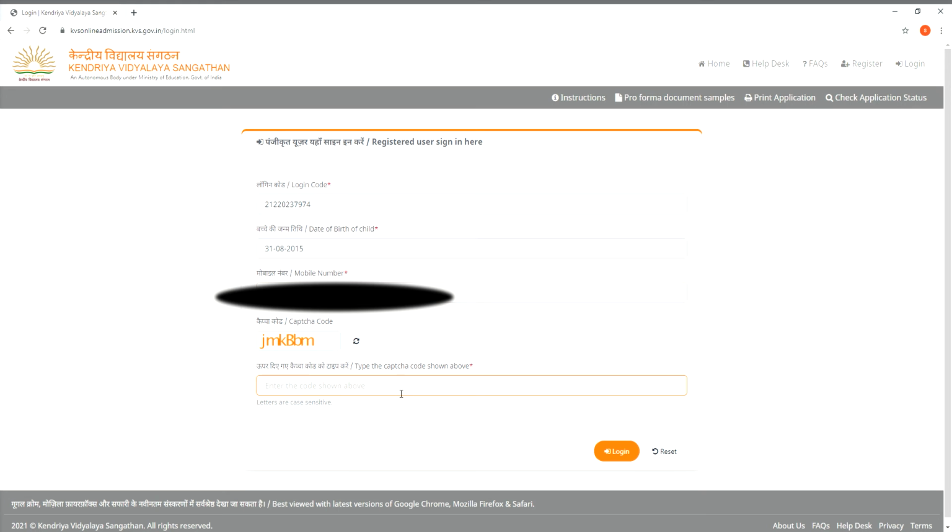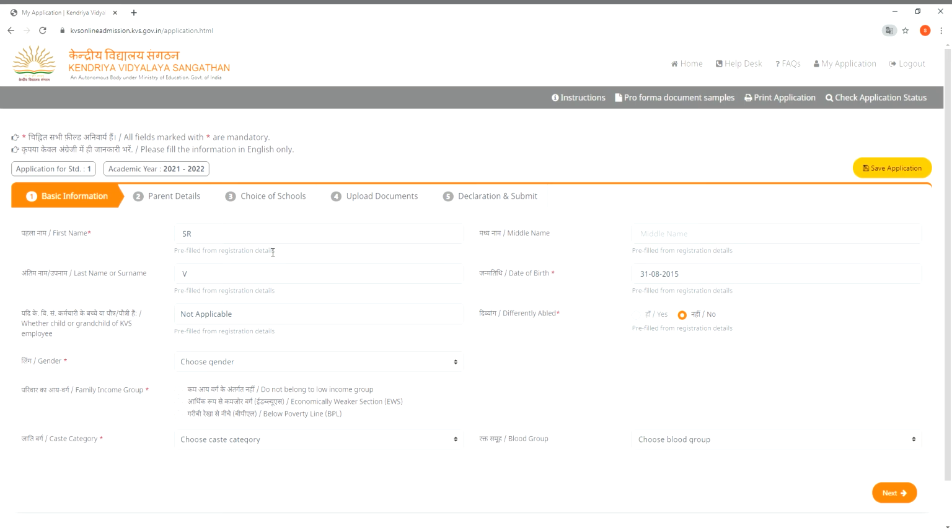Enter the captcha and click the Login button. Now, in the first step, that is the basic information section, all the details which we provided during registration have appeared and cannot be changed further.